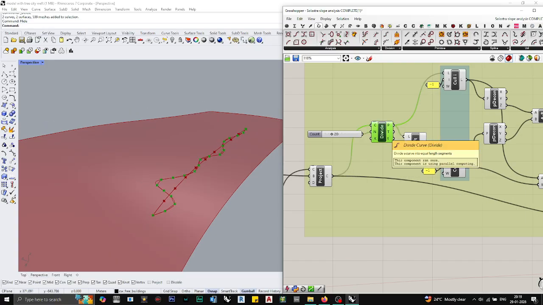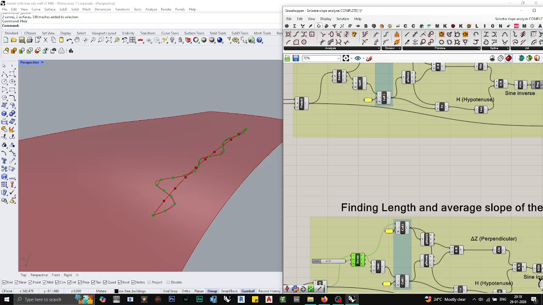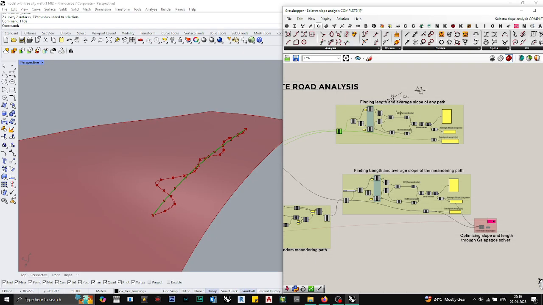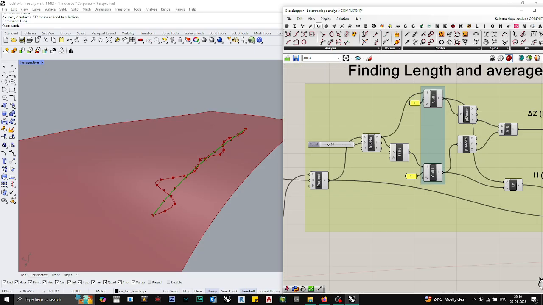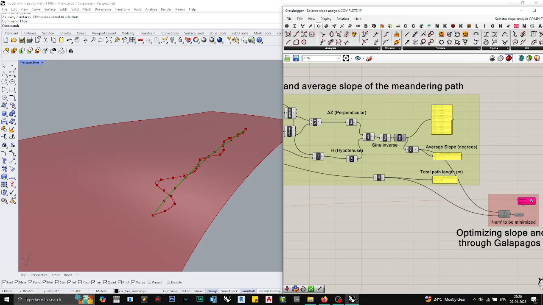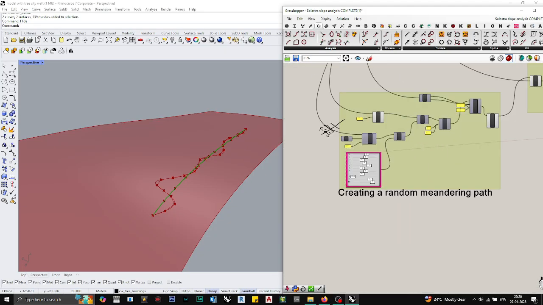Divide this again by, let's say, more points. So if I have more points, I can get it more accurate. You can always see the initial projected line is this. Okay, and the initial data is this. But if I meander this and I go through the same code for this random iteration,